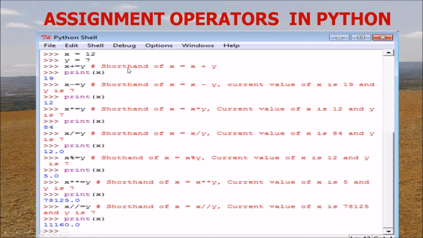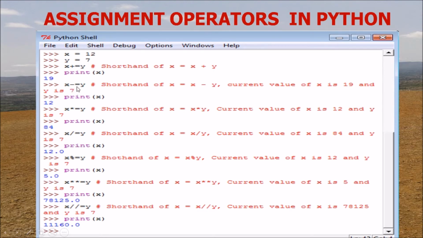This is how the shorthand operators work. So x plus equals y is nothing but x equals x plus y, and so 12 plus 7 is 19. They are added up and stored in x, so the new value of x becomes 19.